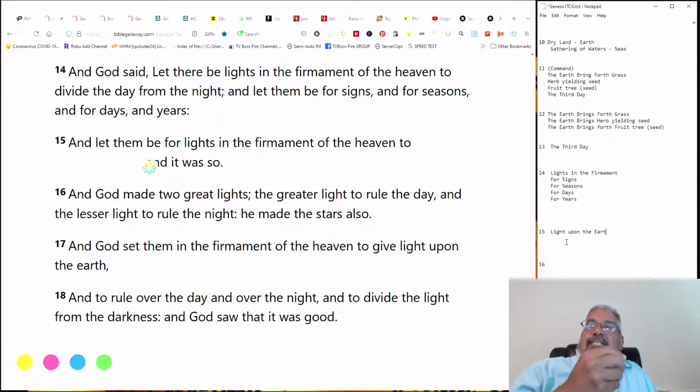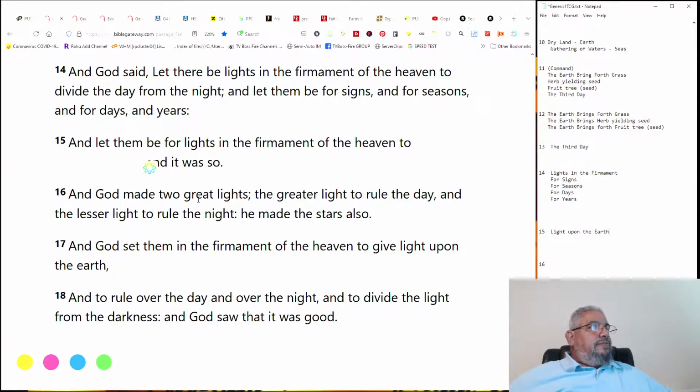So all I'm saying here is that the starlight, the light from the stars, is included in this mixture of things that light upon the earth. And the question becomes why? What impact does the light of the starlight have upon the earth? So that again becomes a valid question to ask.